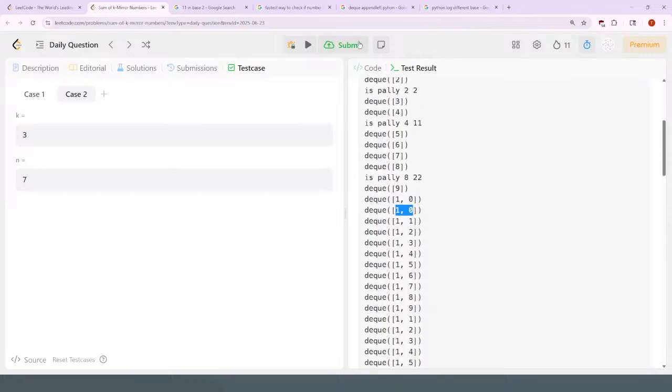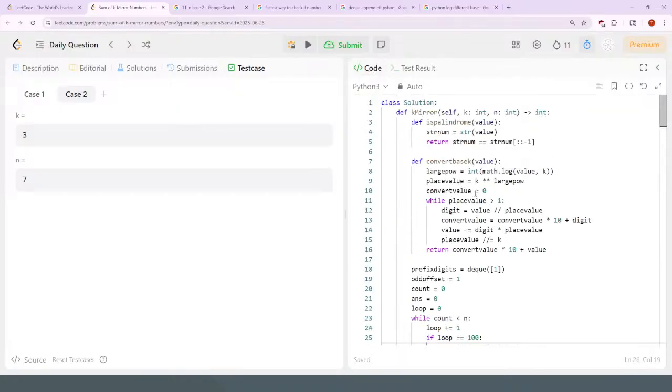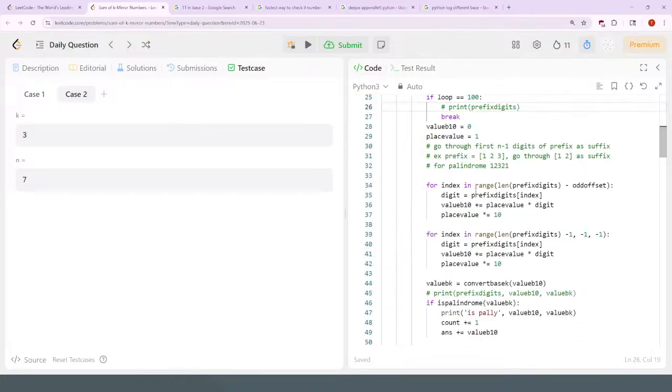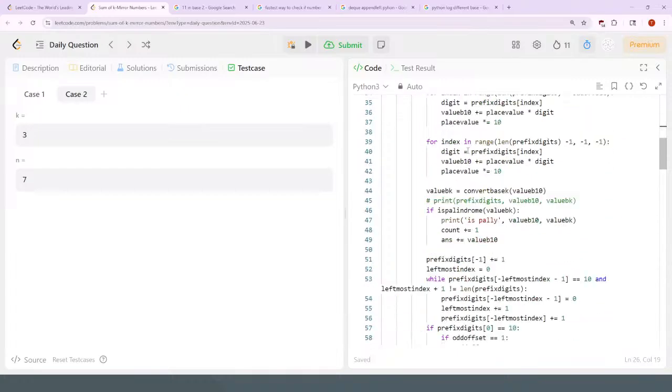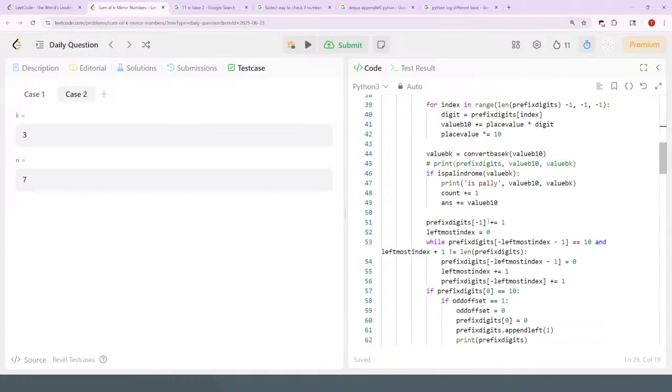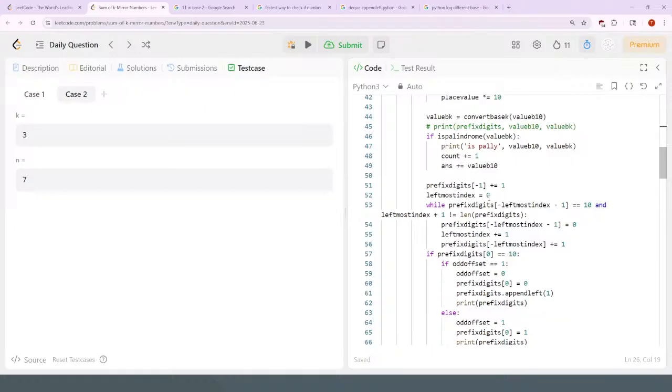That is not good. So I increment the last digit. So 1, 0 becomes 1, 1. The leftmost index is 0, at the prefix digits,